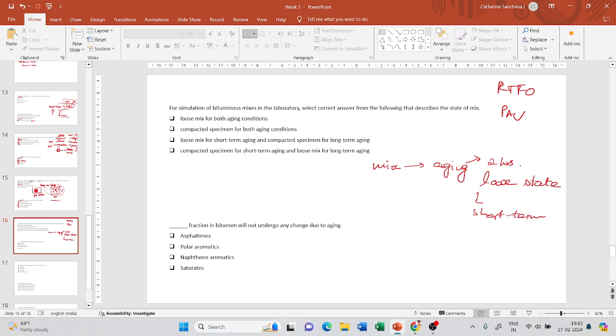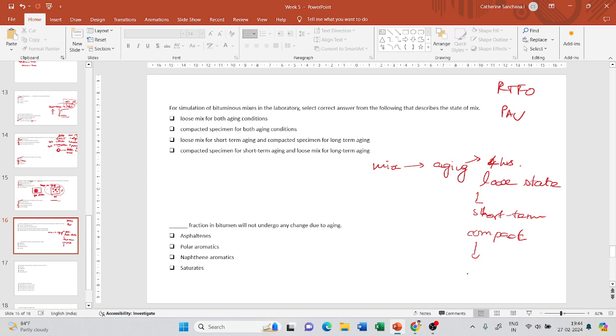And I'm not sure whether it is 2 hours or 4 hours. I'll just go as per ma'am, okay, which is 4 hours. But I guess that the code has been revised to 2 hours. I will check and let you know in the next session. Okay. So loose state, which represents the short term aging, and once you compact it,